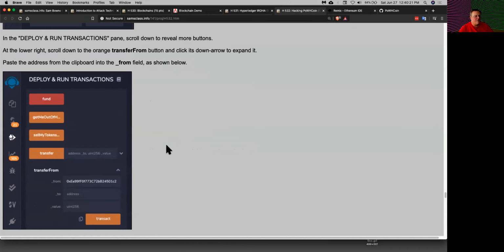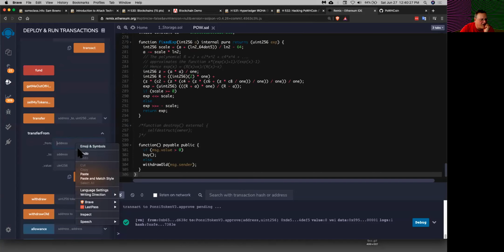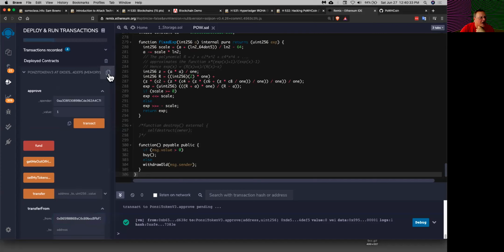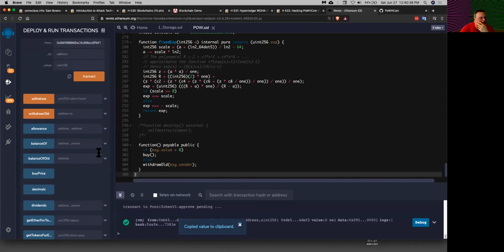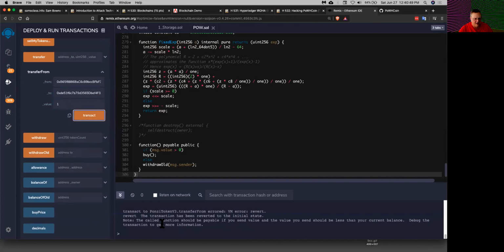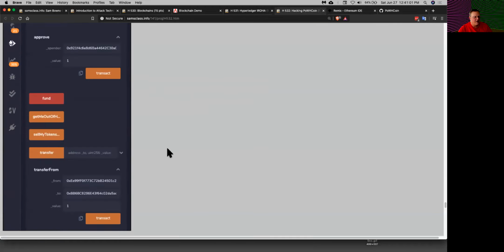And I put it in the from field. In the from field, I put in that address. In the to field, I put the contract's address itself, which is here. All right, and I put 1 here, and now I perform the transaction. And that worked. No, looks like something didn't work. We'll see. Oh, I forgot. That's right. I forgot. I had to make an adjustment before I did that. Put in a value of 1.